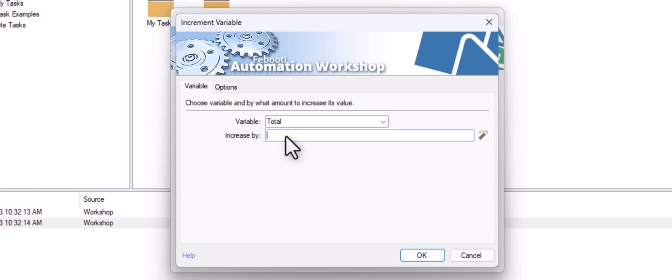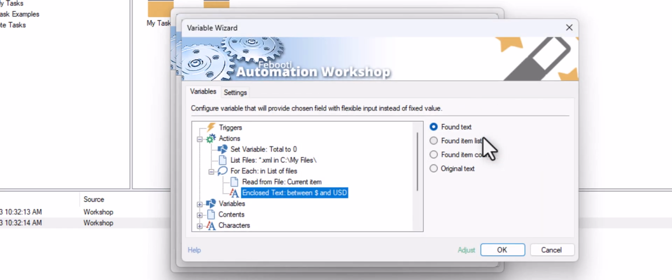All we need to do now is specify the amount by which total must be increased, which is the amount we just extracted using the enclosed text action. Again, the variable wizard is suggesting that we use the extracted text from the enclosed text action.